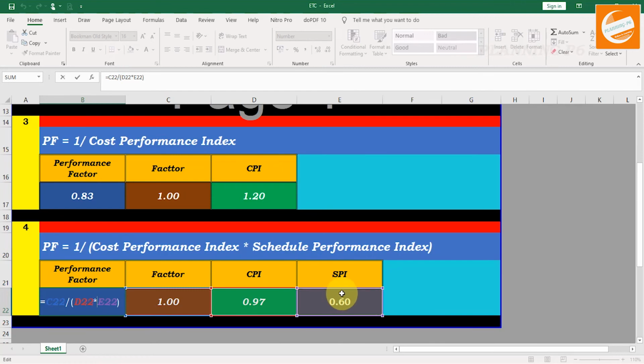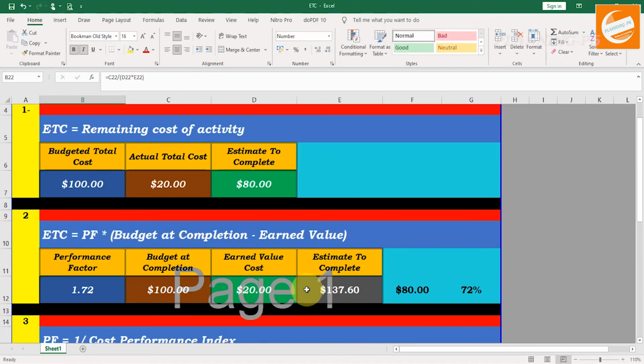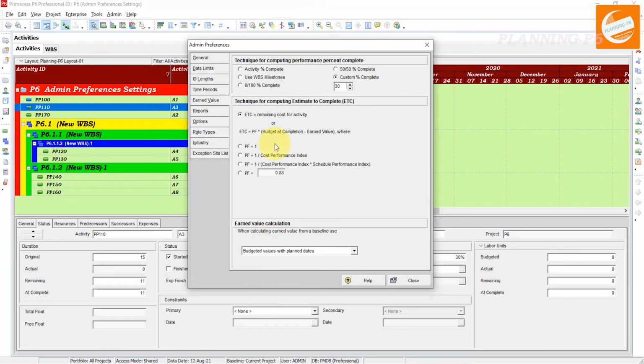I will upload separate videos later on for how we calculate the cost performance index from our schedule, and how we calculate our schedule performance index. So this is how we can apply these earned value factors here. And the last option is the performance factor. If you have calculated your CPI or performance factor manually from some other source, you can apply it, click like that, and select that one.